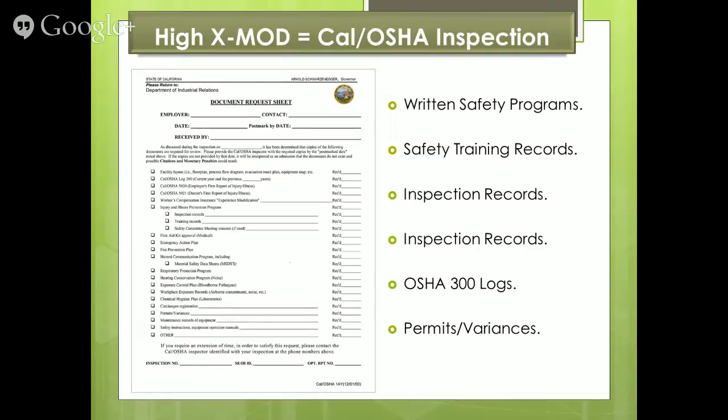All right, high XMod calculation inspection. Now, we've given this document out on the webinars before. This is a document request sheet from Cal OSHA. This is the one we've seen the latest on, and this has all the things that they're looking for. You'll find that these documents that we've bullet pointed on the right side, such as the written safety programs, the safety training records, inspection records,